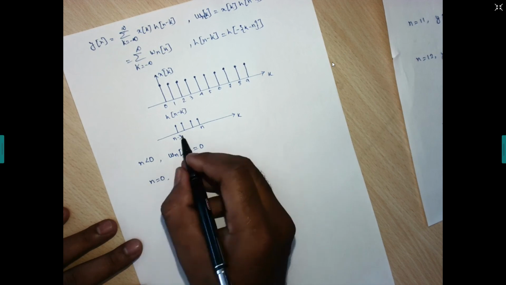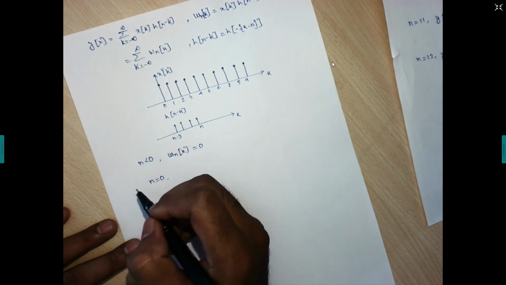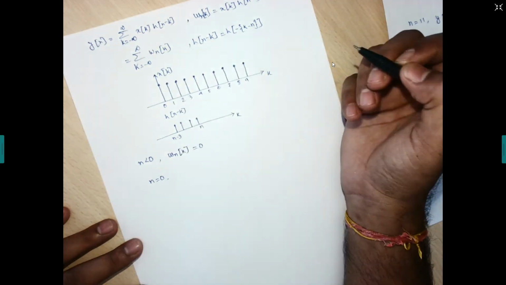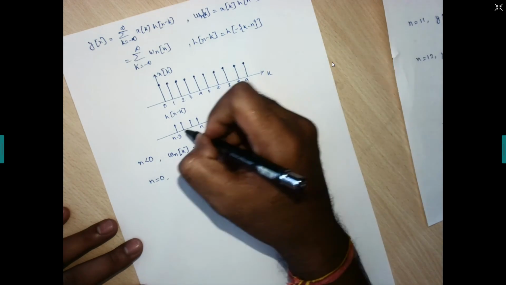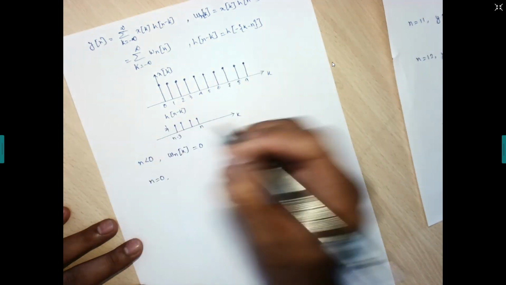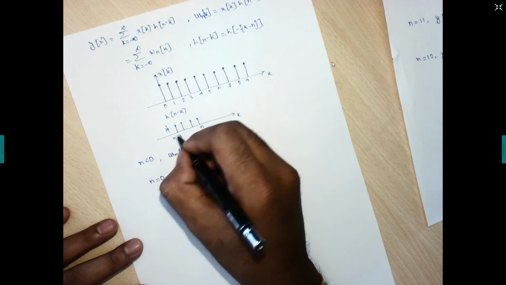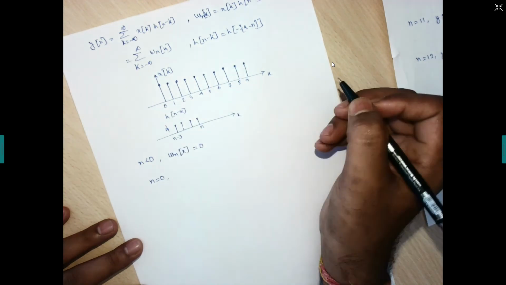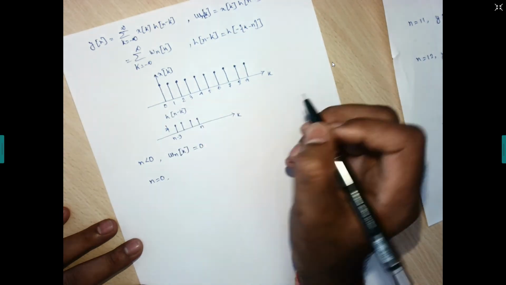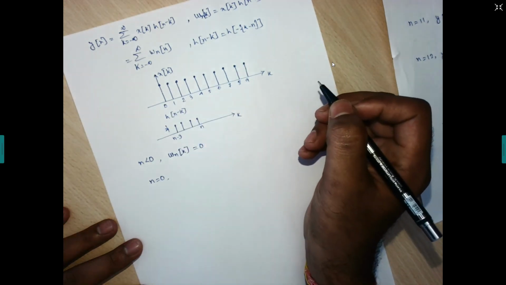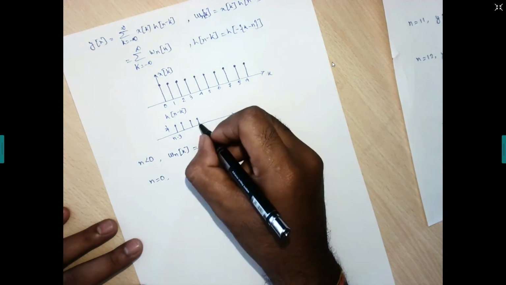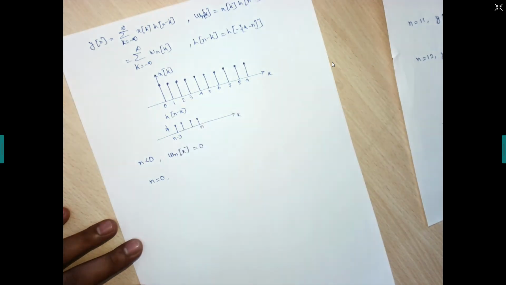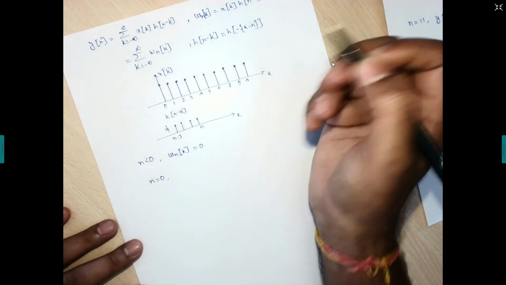this leftmost sample will have the interaction with this first sample, right? This leftmost sample has an amplitude of 1 by 4. When n is equals to 0, this leftmost sample will have the interaction with this first sample. So n is equals to 0 means this one. If we consider n is equals to 0, this rightmost sample will have the interaction with this leftmost sample of xk.